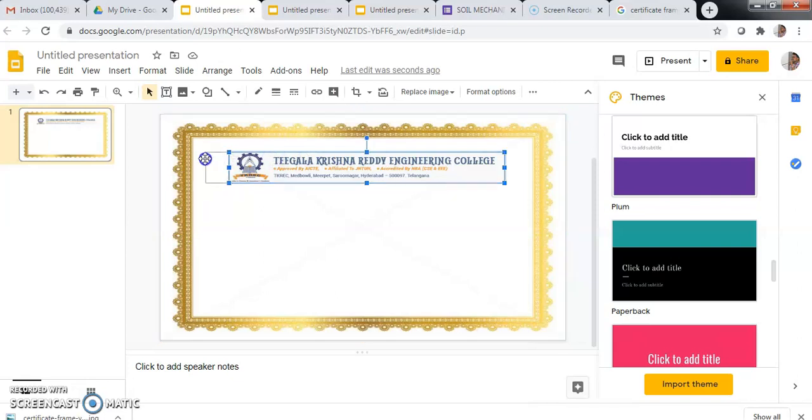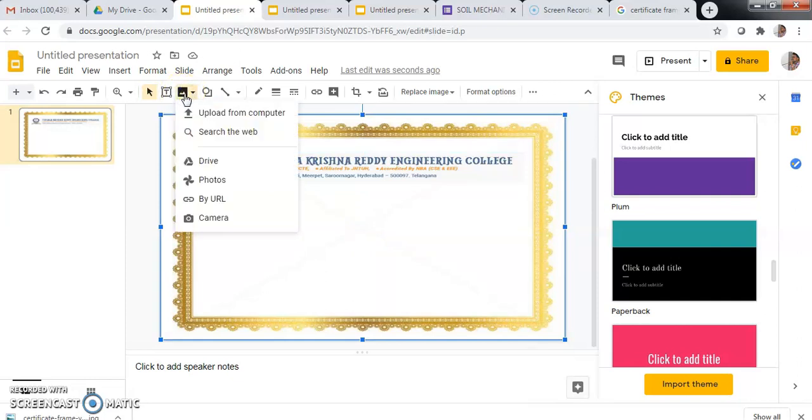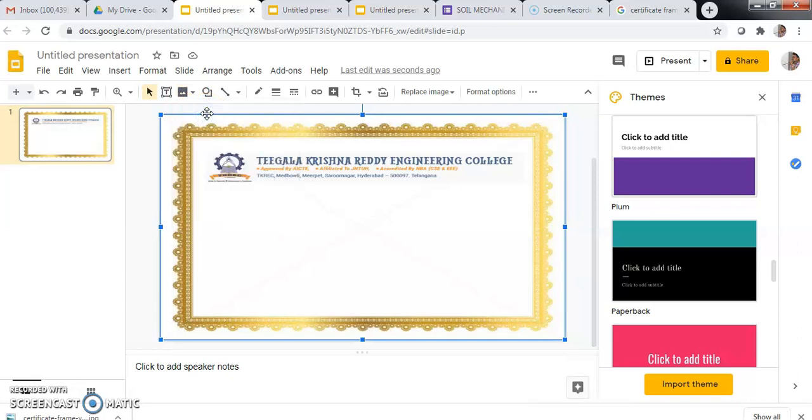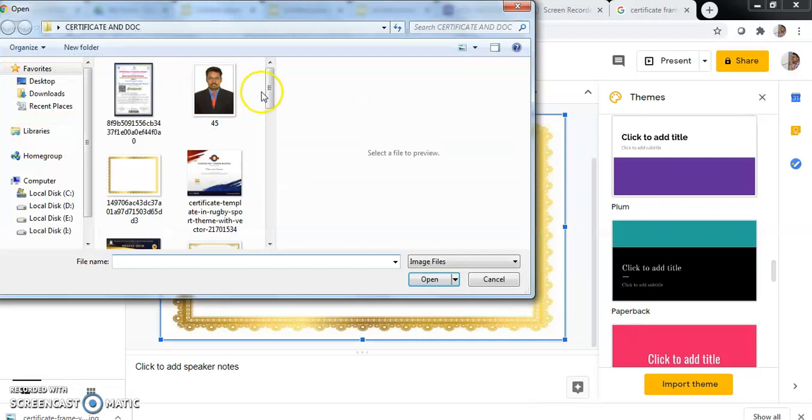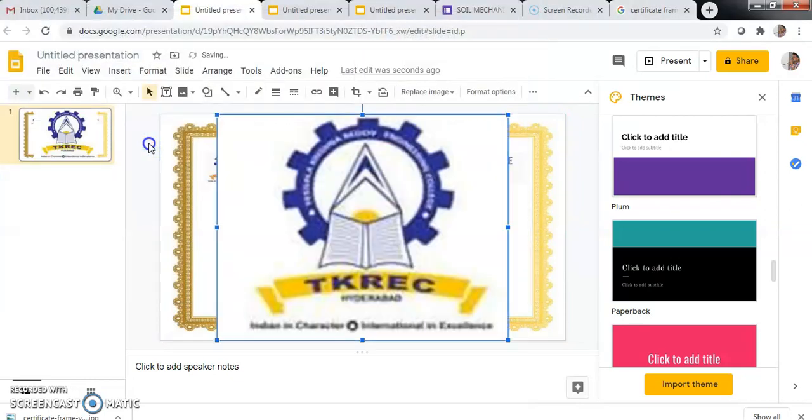So if you want to type, okay, now I want the logo, so insert image, upload from computer. Okay, I am using my logo, so this is my logo.